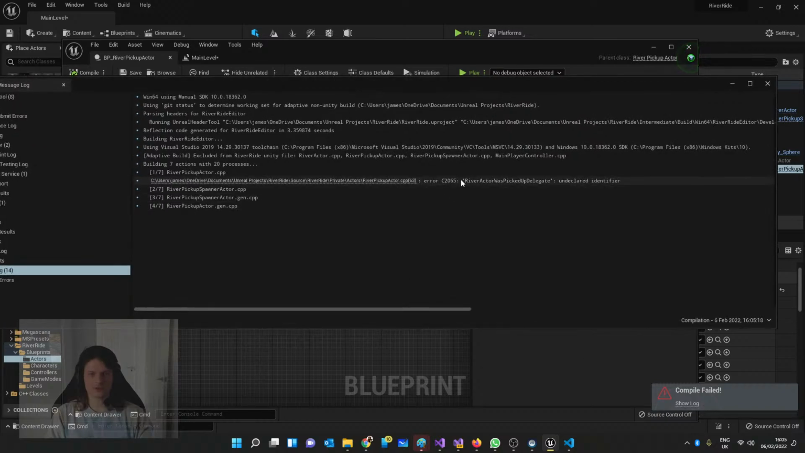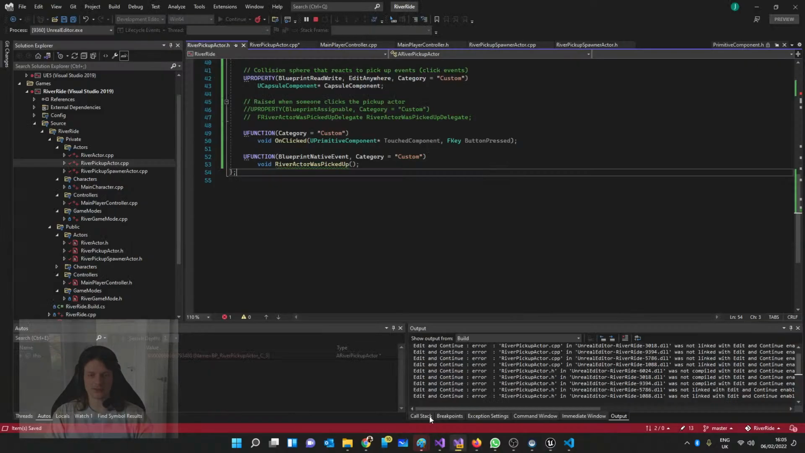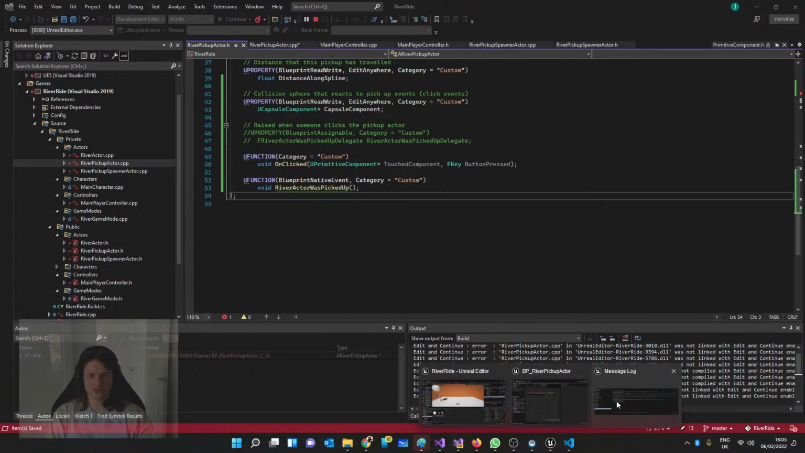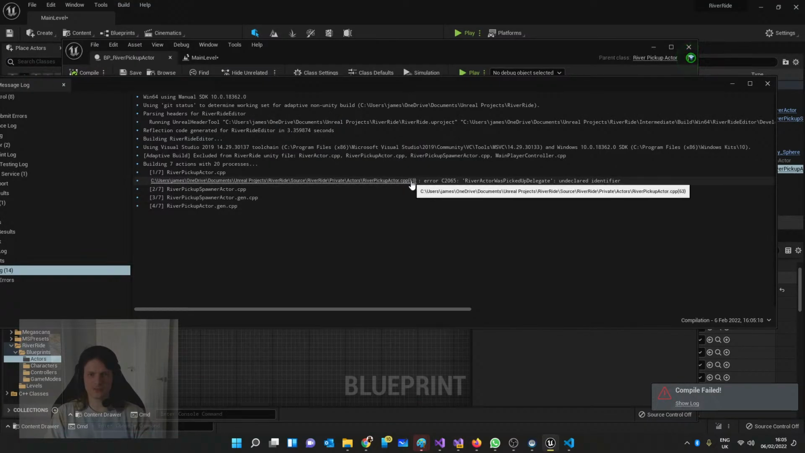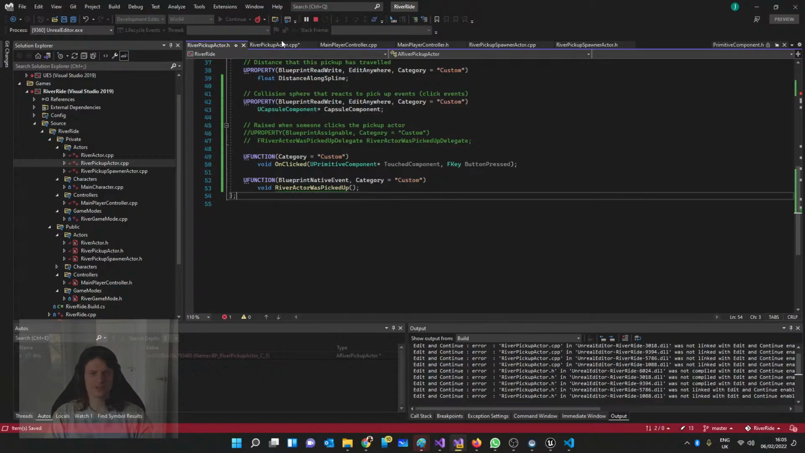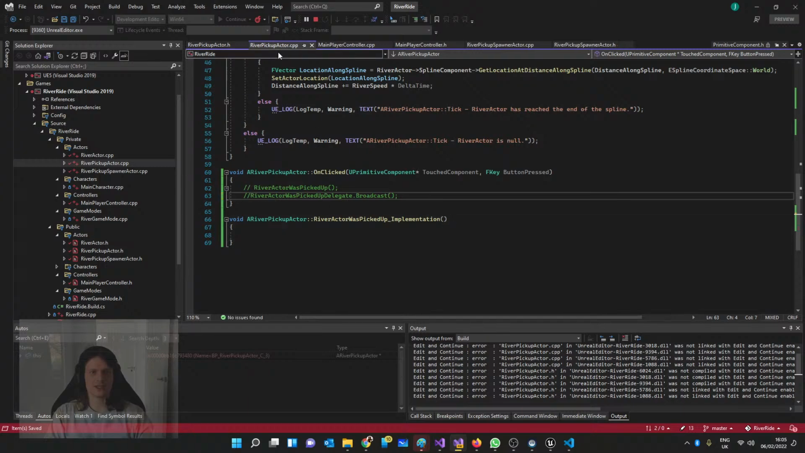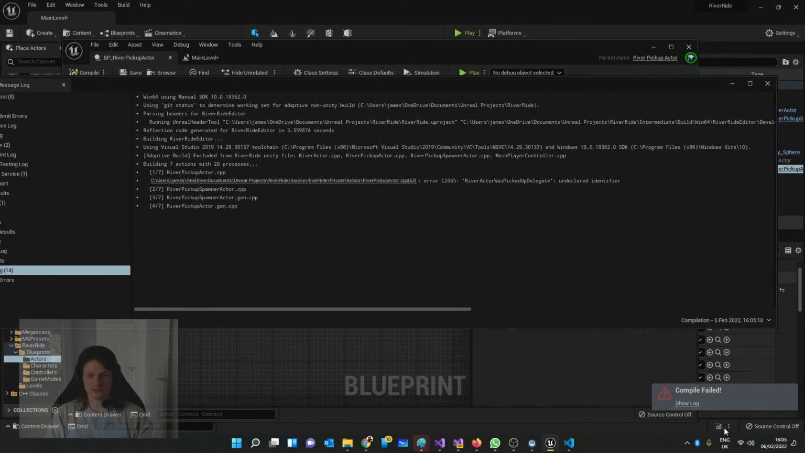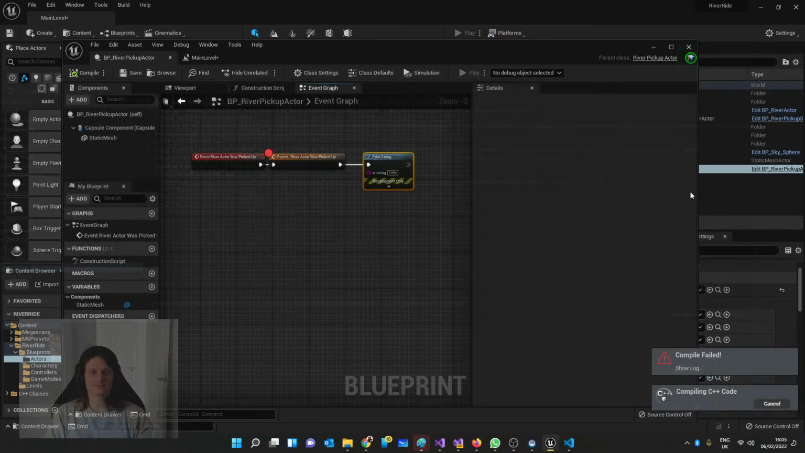I've probably just missed something silly. River actor was picked up, delegate is undeclared. Okay, let's go find it. It says CPP 63. CPP 63, I didn't save it, that's why. So if I go back in and compile that, close that,